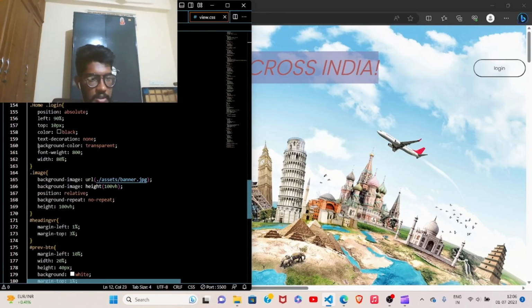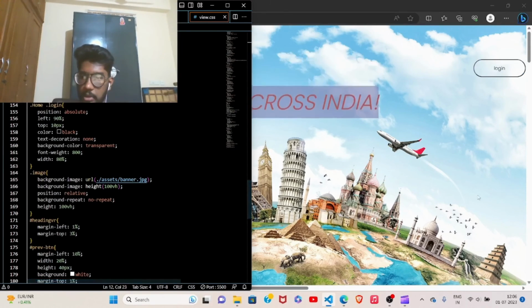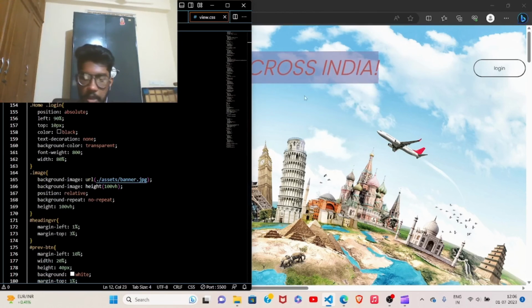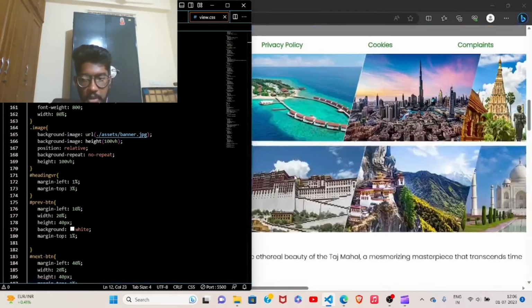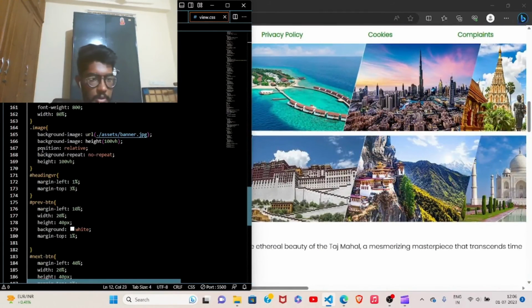The color is given black. The left margin is given as 90% and top is 10 pixels. The background color is transparent. So it gets merged with this background image. No color given. No dot image is corresponded to this image. After that,